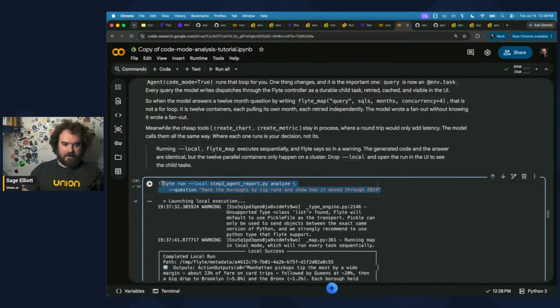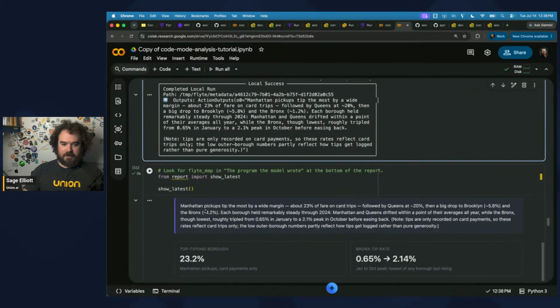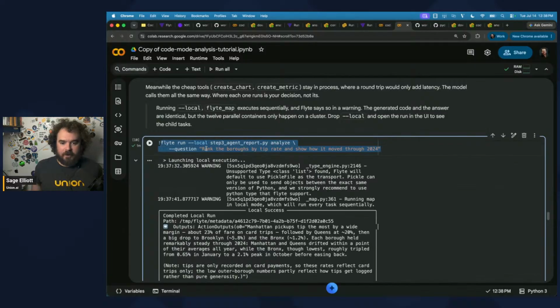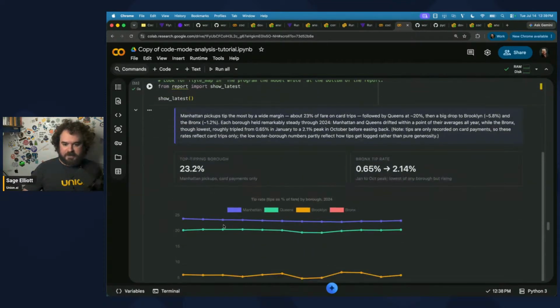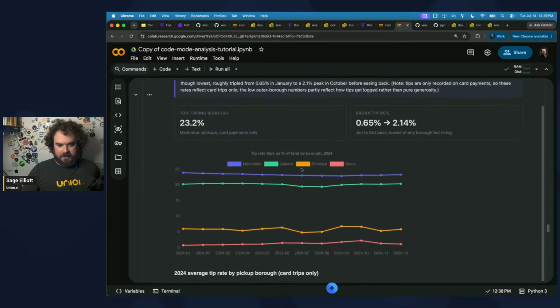without the local flag, we'll see it fan out, and mine already finished running here. You can see the report is rendered in. We asked it to rank the boroughs by tip rate and show how much it moved through 2024. So it's probably looking at the 12 months and hopefully giving us a chart, which you can see it did. These are tip rates from different neighborhoods, basically inside of